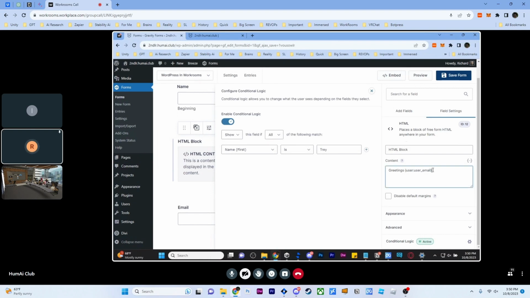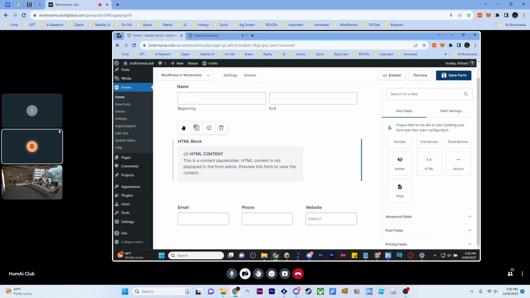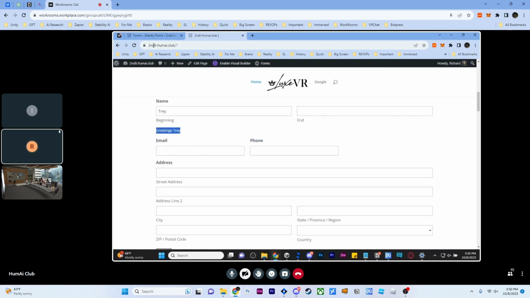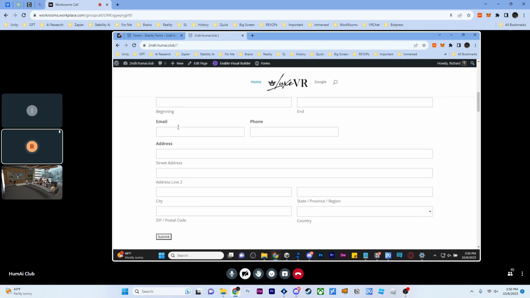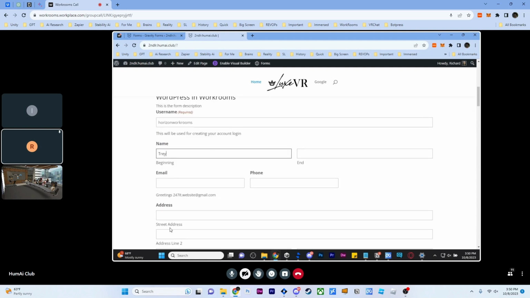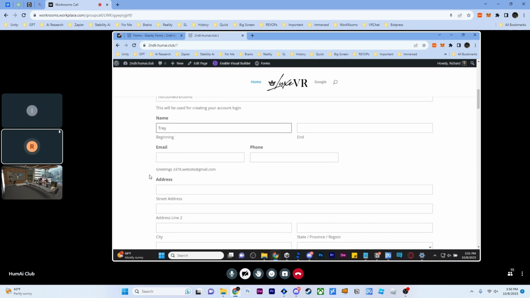But that would only say greetings. It wouldn't address the user by name. Let me try this real quick. When it comes to these merge tags, some merge tags will work on the form before it's submitted. Some do not. So I'm going to say this. So there you go. All right. So you see how right here, in the email,